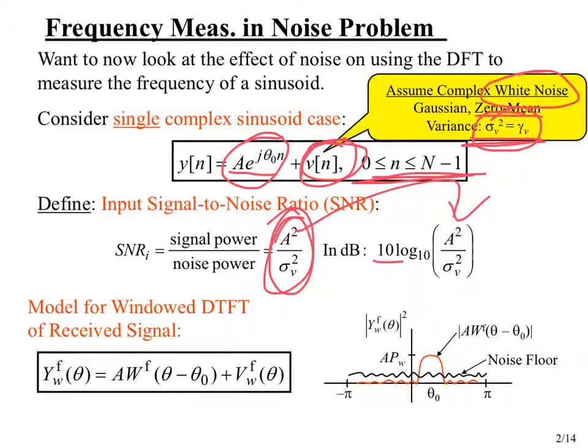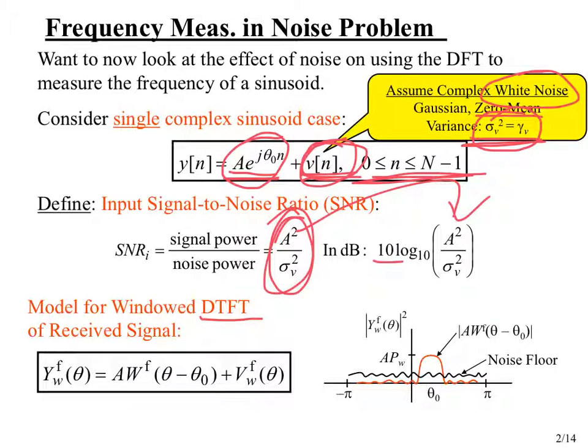To avoid having to worry about just where the samples fall, or how much zero padding you're going to use, we'll do all of our analysis in terms of the DTFT, keeping in mind as we go through this that we'll really be taking samples of this. But we can use zero padding to get that sampling as fine as we want, so it's really not an issue. So if I take the DTFT of each term,